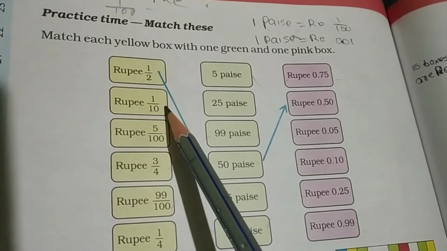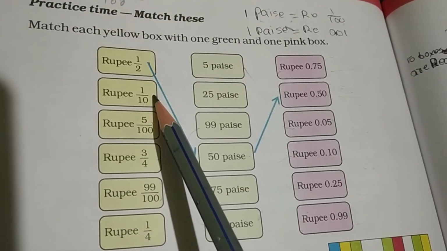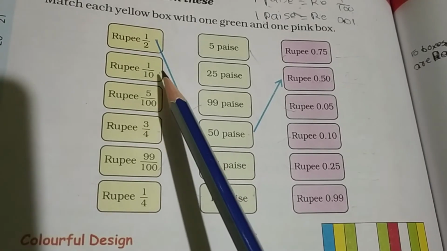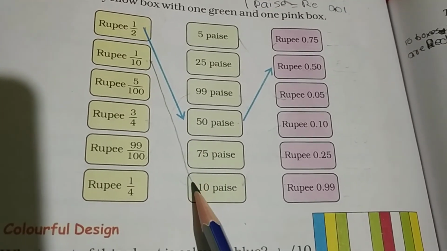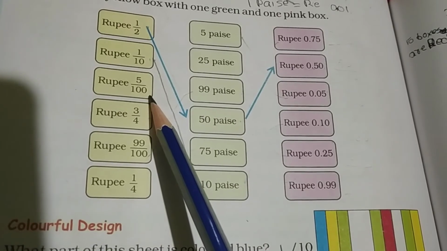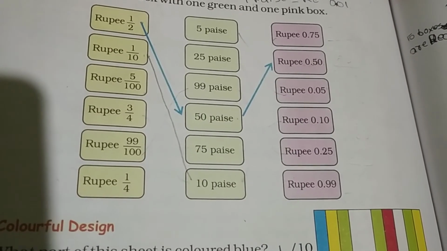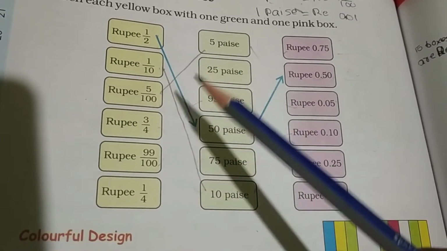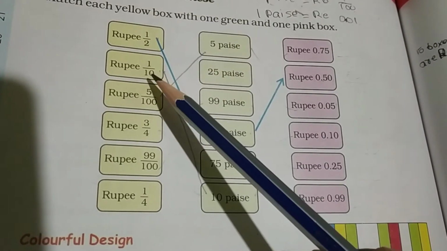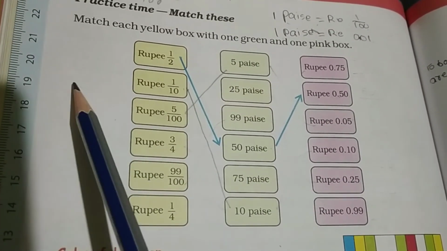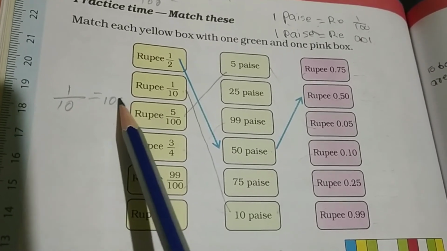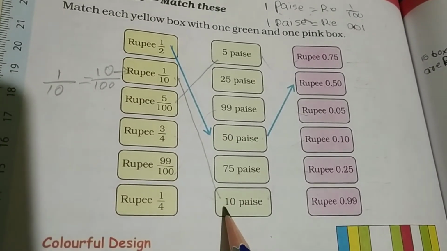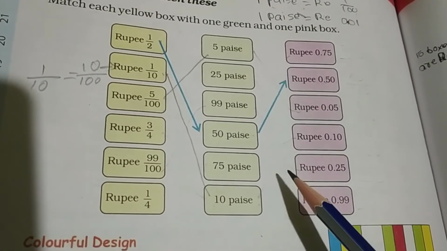Next, 1 on 10 rupee. That is equal to 10 paise. Okay, 1 on 10 will be equal to 10 paise. Then 5 on 100 will be equal to 5 paise. Out of 100, 5. Actually 1 on 10 is equal to out of 100, 10 will be there. That is why we wrote it this way. This one will be 10 paise. So 10 paise will be equal to rupees